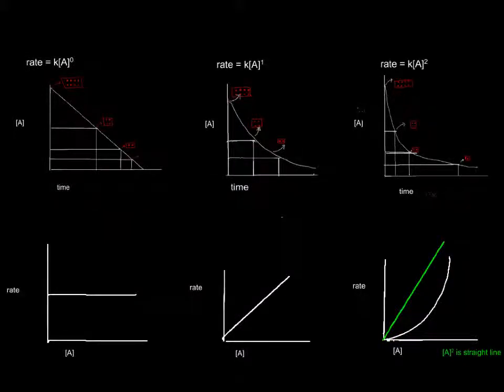At this stage, you should be able to go from equation to graph or look at a graph and recognize the equation. We are looking at first order, zero order, and second order in IB. If you have zero order decay, meaning that if you have a reactant A that is being consumed to give you product,